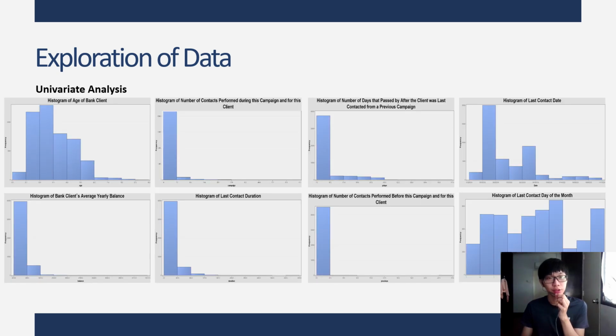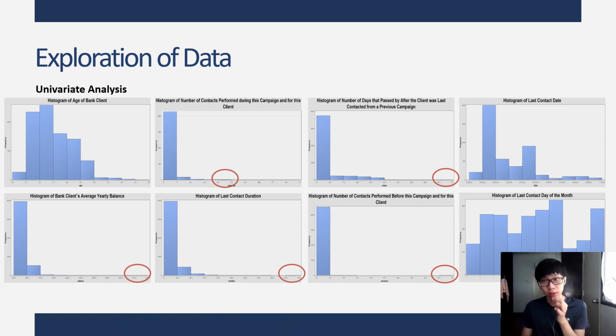Going on to the univariate analysis for the continuous variables, we can see in the histograms that most of the variables are positively skewed, as expected from the summary statistics, but there are also outliers here in the circled part.